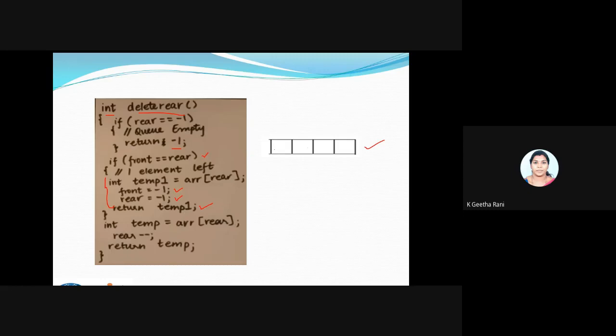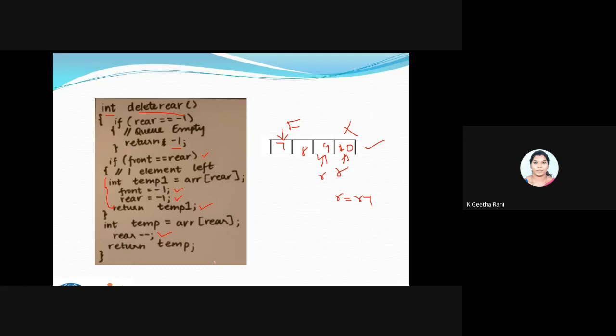Assume you have so many data like 7, 8, 9 and all, and here it's going to be 10. Assume like this. This is going to be the front pointer, and this is the rear pointer. Now I need to delete this 10. So what I will do is just decrement the rear pointer. Now the pointer will be here. So rear is equal to rear minus 1. That is what is done here, storing the 10 inside the temp and returning the temp.